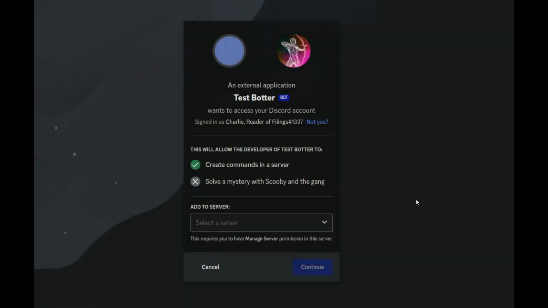This will take you to this site here that will allow you to add to a server. You're going to only be able to add it to servers that you own or have rights to. So from this drop-down menu, you should see your server. Then you'll hit continue, and then you will hit authorize, and your bot will now be authorized and should be